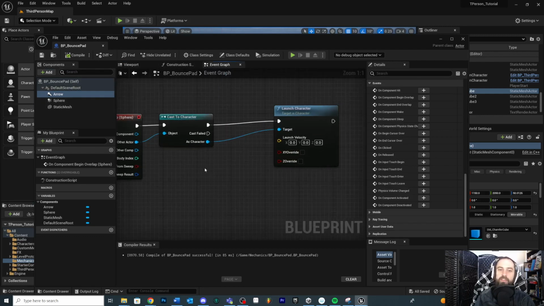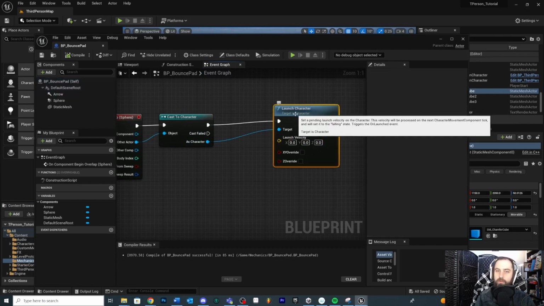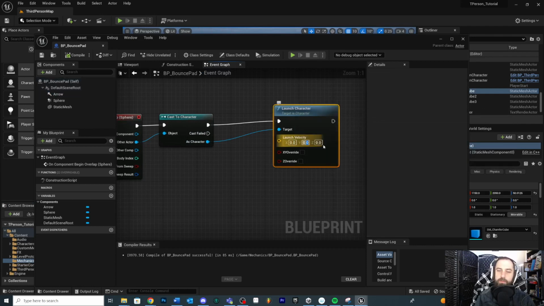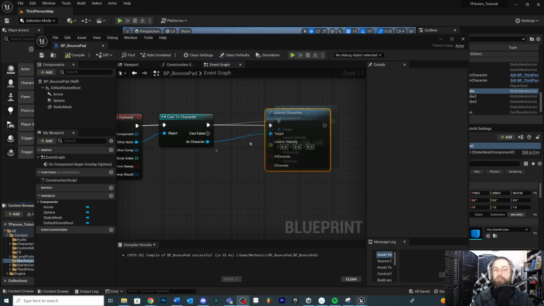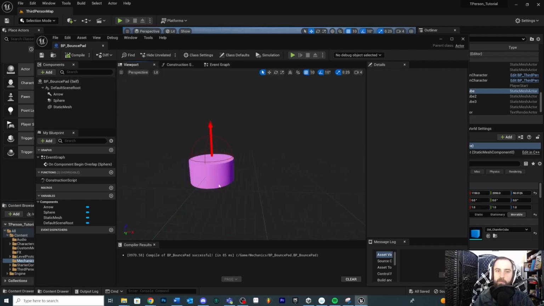All right, so now we actually need to launch the character in a certain direction, right? Because we're launching the character, but right now we're launching them in 0, 0, 0, which is not really anything. We want to launch them in the up direction, the local up direction, so that we can rotate the bounce pads at different angles and send them in different directions. You could imagine if we were trying to draw a line to determine how we're going to launch the character, if I come back over here in my viewport, we want to launch them in a direction,